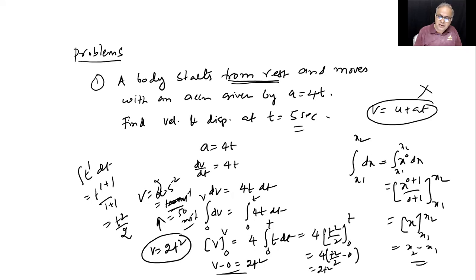So A was given. We got V as a function of time, which is nothing but instantaneous. Whenever you have A or V on the right side with T, it is instantaneous. Do you follow? Now I should get my displacement. So I'll start from V. Look, A to V we got by integration. Similarly, V to S also we will get by integration. Do you follow?